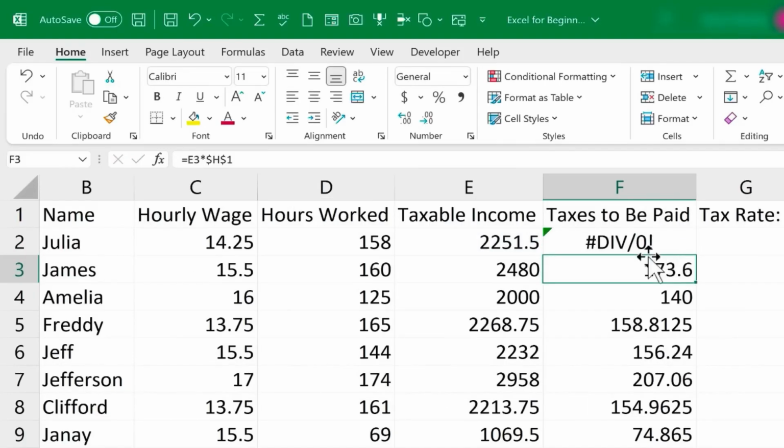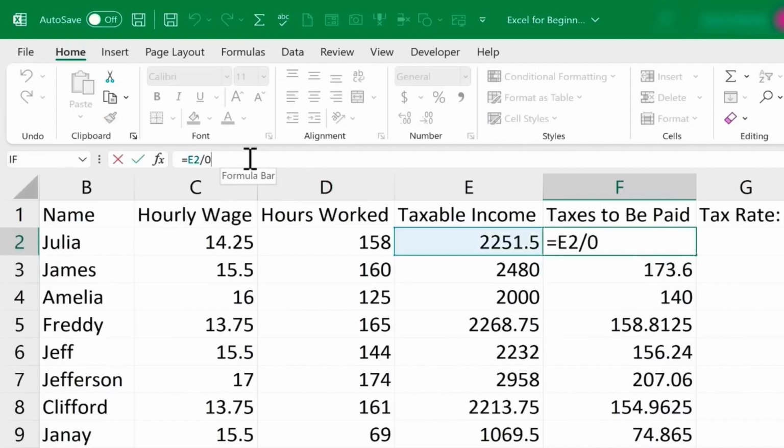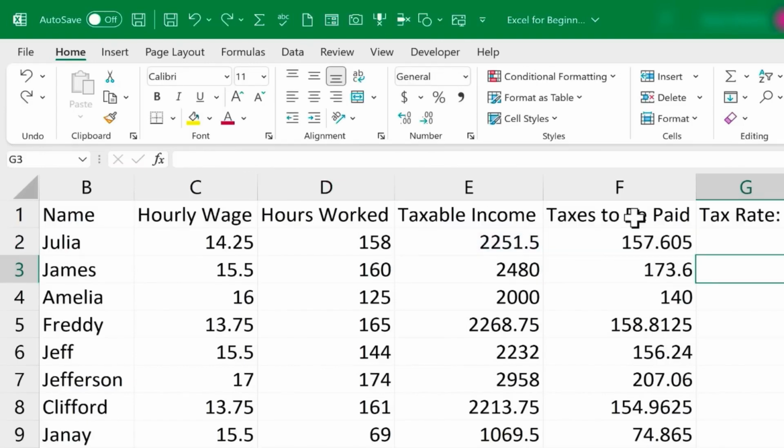This is Excel trying to warn me that I've created something that is producing an error, and in most cases I'll go to the formula bar to fix that error. And finally, it's important to know that you can change the name of a cell and also the name of